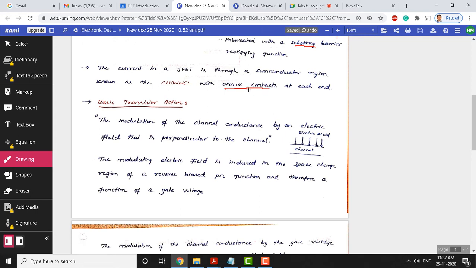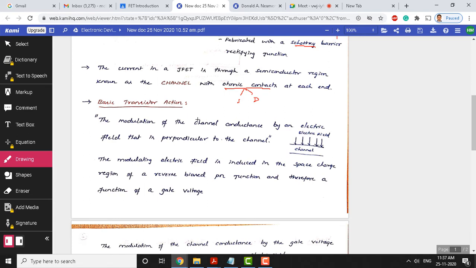One is ohmic contact, which is generally made up of metals. This should offer very less resistance. That is why ohmic contact is made to connect with the terminals at each end. Here the ohmic contacts are made to connect with terminals like source and the other one is going to be the